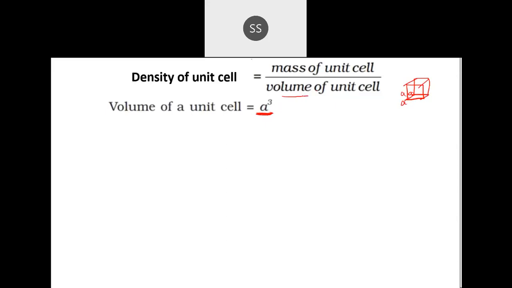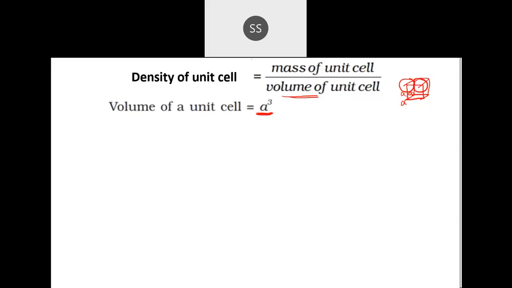So this part will be over. Next, you need to calculate the mass of the unit cell. Now this unit cell actually doesn't have a mass. That mass is because of the atoms which are present. So mass of the unit cell will depend on the mass of the atom into how many atoms are present. If I give you a box and there are atoms present inside that, you should see how many atoms are there and the mass of each atom. That will decide the mass of that unit cell.